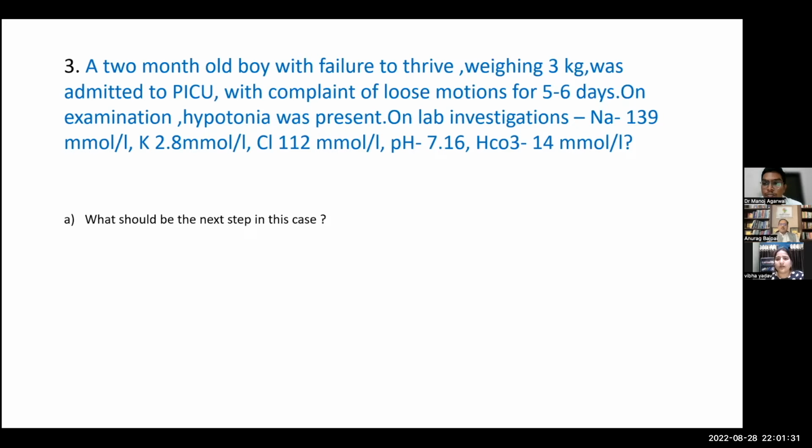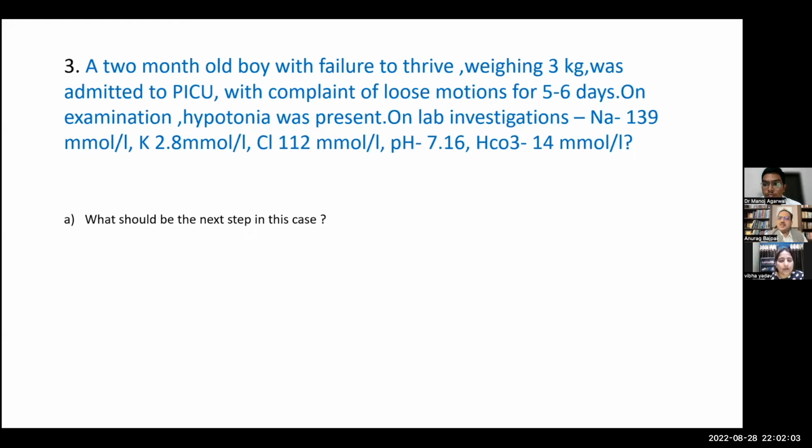So we have a child who has hypokalemia with acidosis. So what are the 4 differentials, Dr. Manoj, you will think of here? So a hypokalemia with the metabolic acidosis, first DD that comes to mind is the diarrhea. Second would be the RTA. Third is the treated ureterosigmoidoscopy. And fourth will be the DKA. So pretty much diarrhea versus RTA, and often RTA can also have these loose motions which may persist. So that's a confusion between these two.